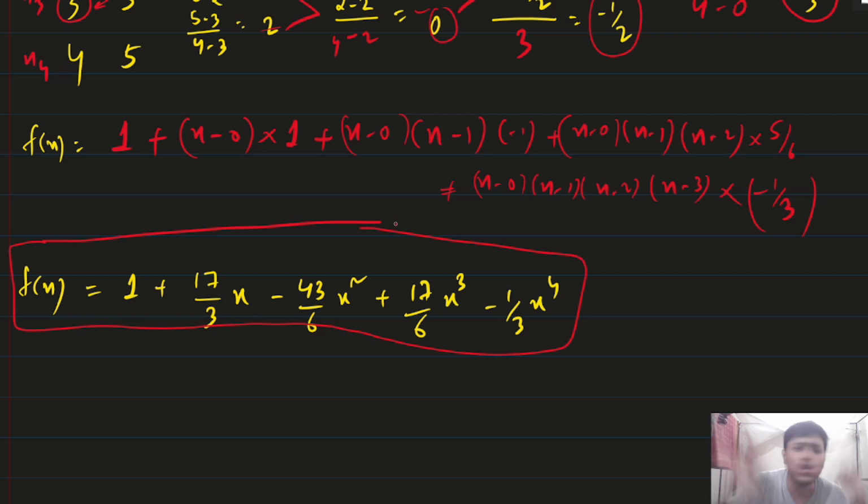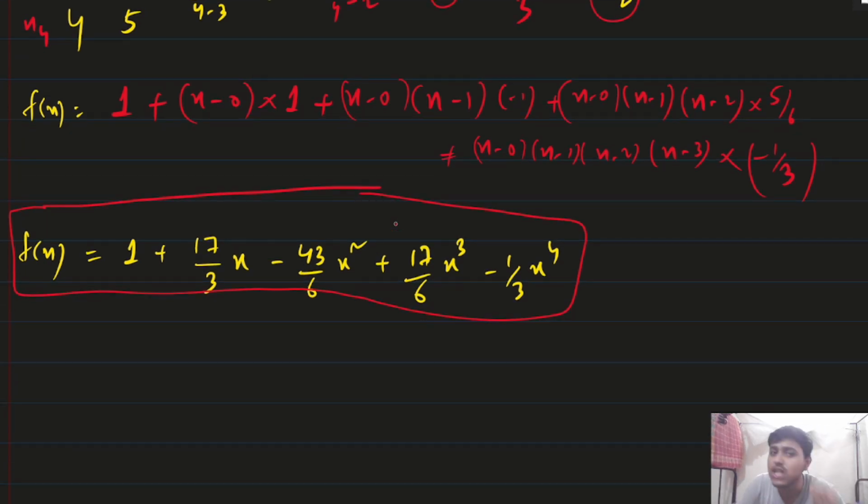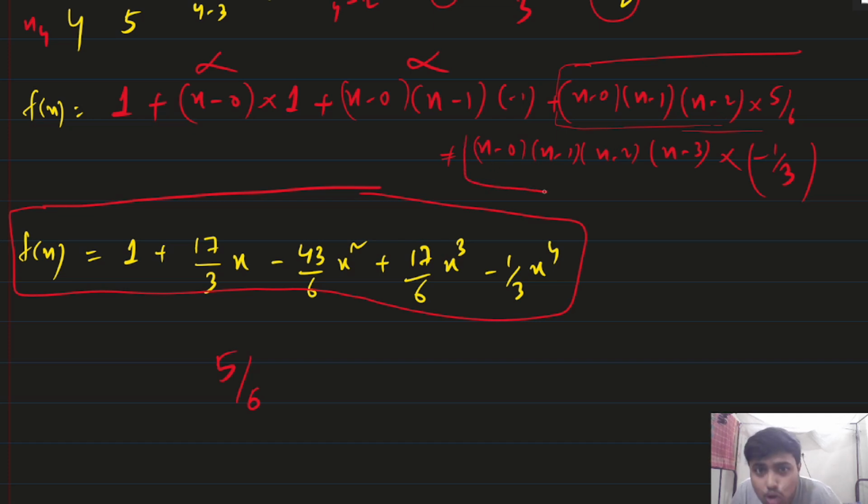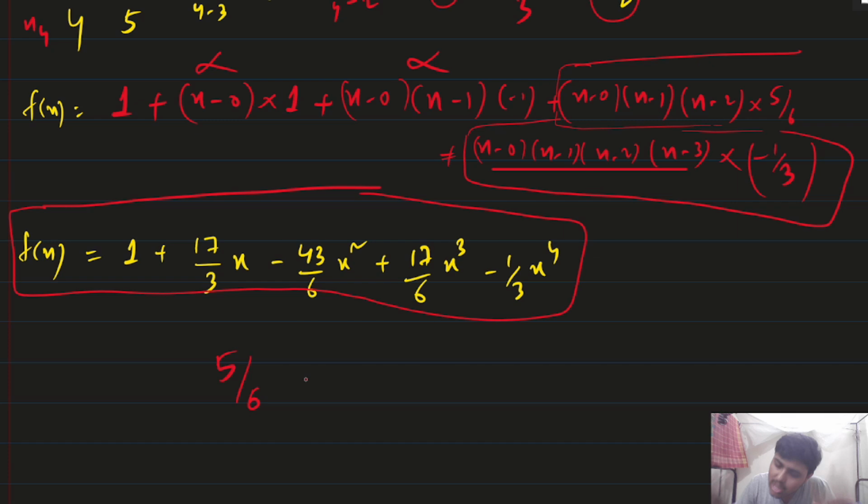But no need to find the polynomial. You need only the coefficient of x cube. So from where will the coefficient of x cube come? From here it will not come, from here it will not come, because the highest degree is x square. From here it will come, see, the coefficient of x cube will be 5 by 6. Here also the coefficient of x cube will be 5 by 6, because the highest degree is cube. But here you have to calculate. In the last one, the highest degree is 4, x to the power 4. So you simplify only this, and from there you find the coefficient of x cube. You just need to calculate this. Understood? No need to find the whole polynomial.